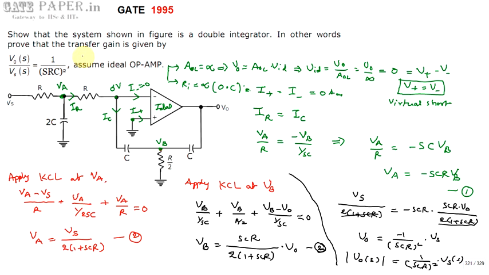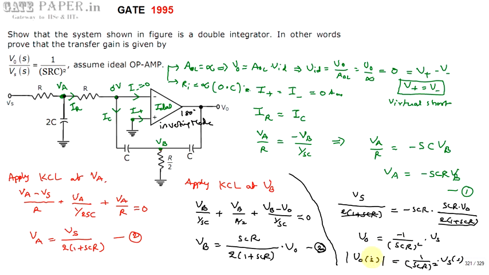It has a negative sign because this op amp is configured in inverting mode. Inverting mode op amp is nothing but, for the op amp, if you apply the actual input to the inverting terminal, then that will be treated as an inverting mode operational amplifier. That gives 180 degrees phase shift at the output side. That is a polarity difference between the output and input. If input is positive, output will be negative. If input is negative, output will be positive. That is 180 degrees phase shift will be introduced. Because of that, this negative sign has come.